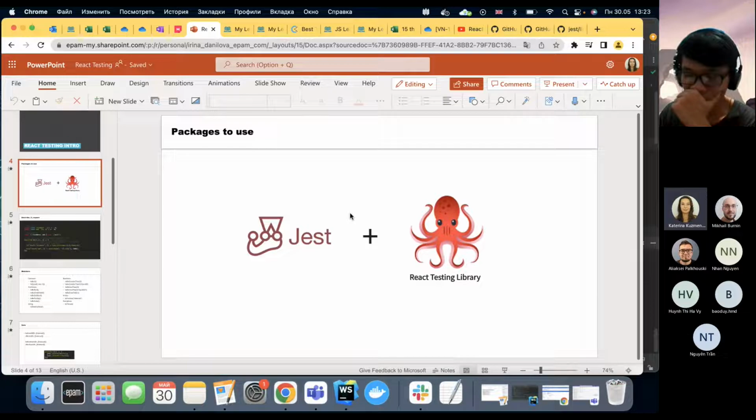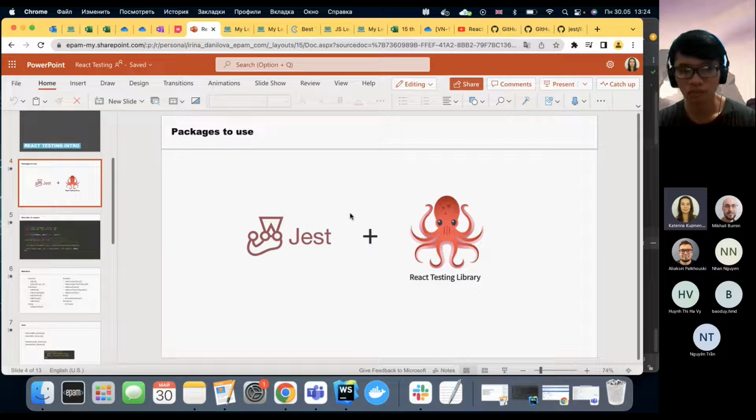Because they need each other, and each of them has a clear task. In modern React, developers will not get around Jest for testing because it's the most popular testing framework out there for JavaScript applications. Apart from being a test runner,